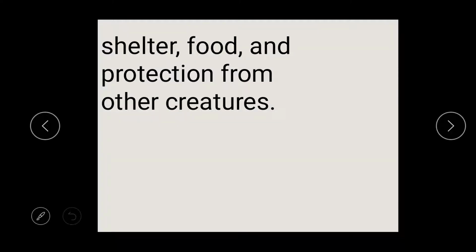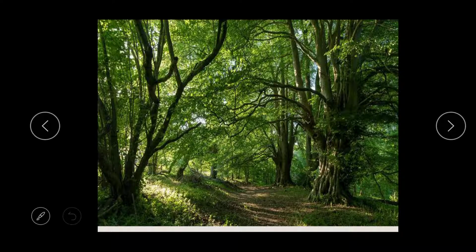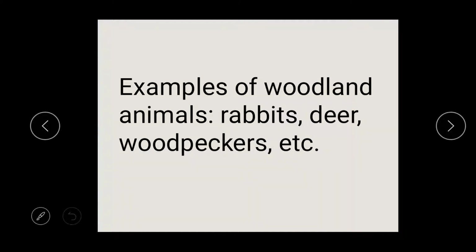To give them shelter, food, protection. Okay? And this is what a woodland or a forest looks like.